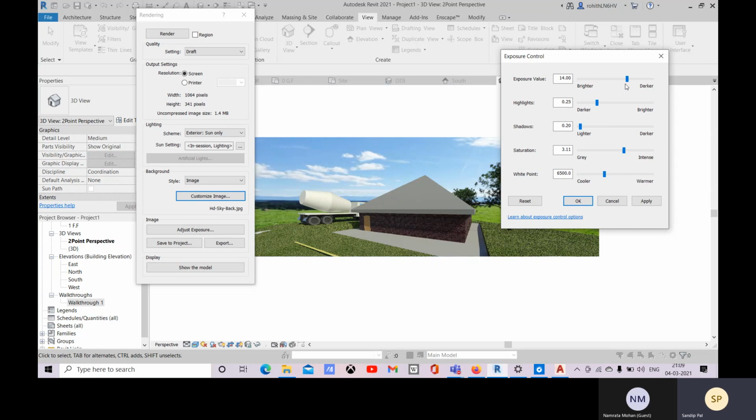This kind of thing will give you a better result. You can click on apply and make it a bit lighter, intense.